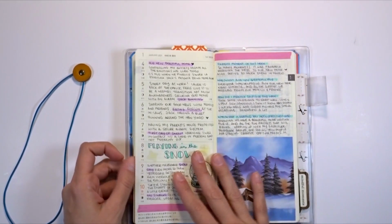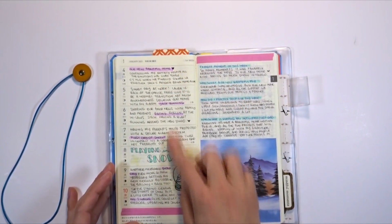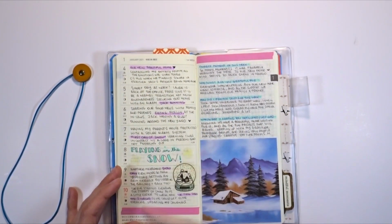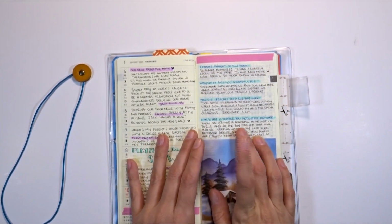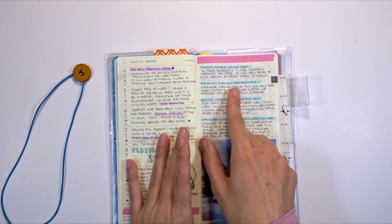Again, here's December, and then I did start a little bit more in January. So here was my gratitude, and instead of doing 3 things, I just wrote out different things that I was grateful for. Sometimes it would be 1 thing, 2 or 3, depending on the day. And here I would have some reflection questions of the week. For example, what was my favorite moment? Who or what am I grateful